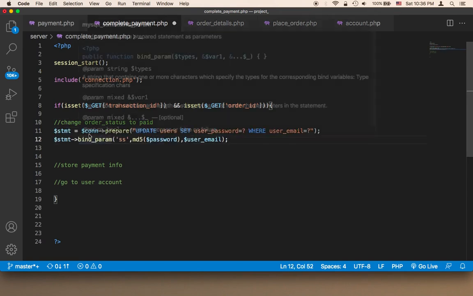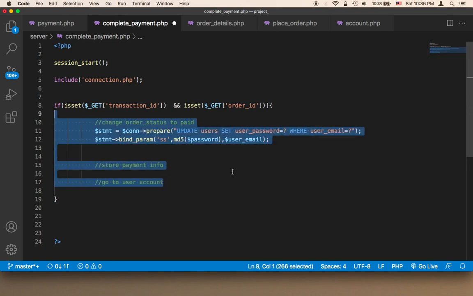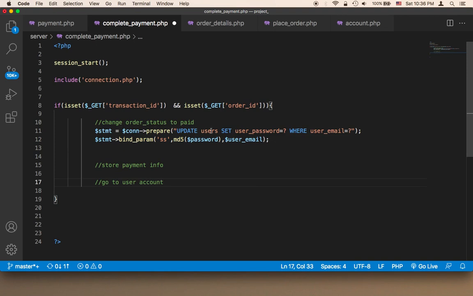Let me push this because these must be inside. So here I'm going to say connection prepare update orders, and then set order status,